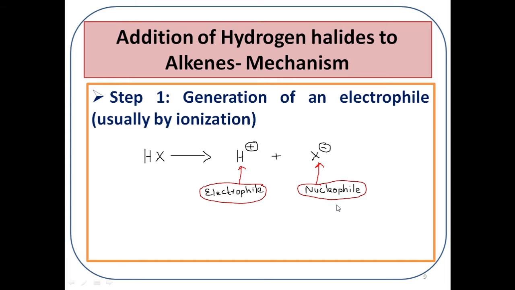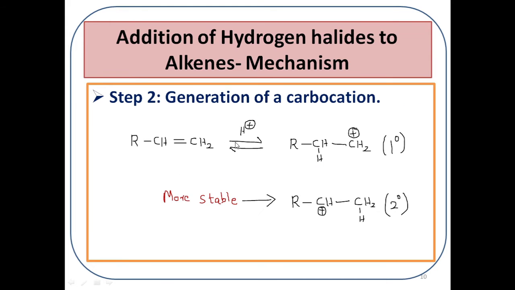In step 1, the generation of the electrophile. The electrophile is generated by the ionization of hydrogen halide. We will get H plus and halide ion. Here H plus is the electrophile. This electrophile will take part in the next step because the reaction is initiated by the electrophile. In step 2, this electrophile formed in step 1 will be added to the carbon-carbon double bond